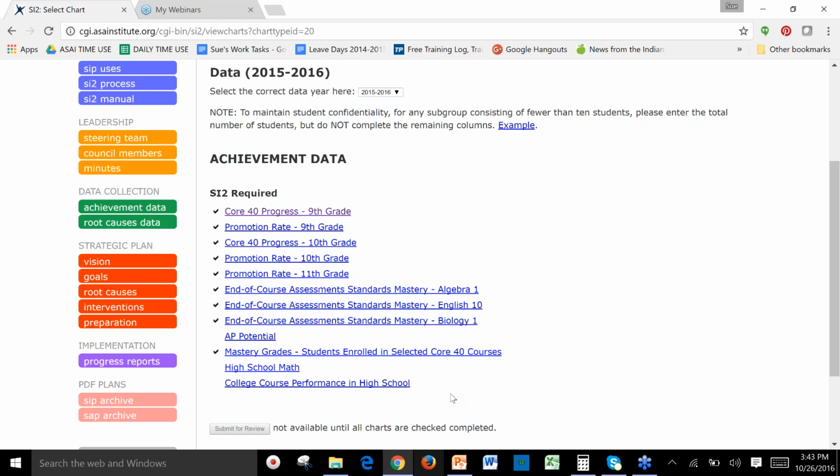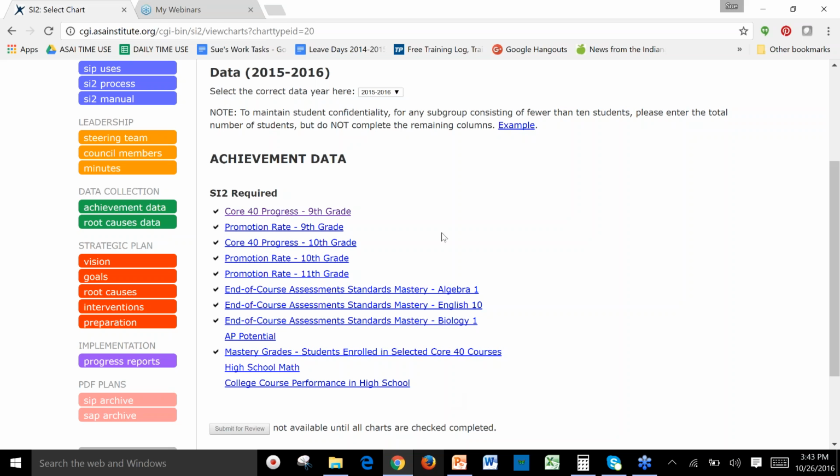So you're actually ahead of the game if you're an Update 1 school, because you did this just a couple of months ago when this data was available. If you're an Update 2 school, the last time you updated your data was last fall, and so now we need to update it again.